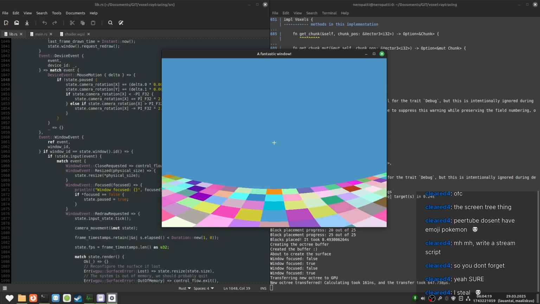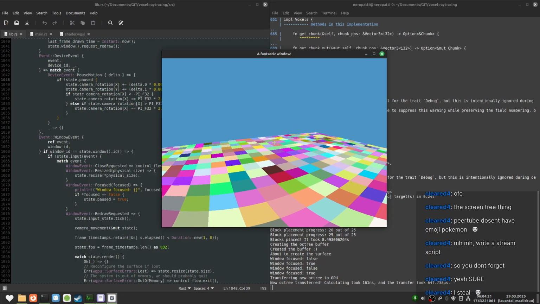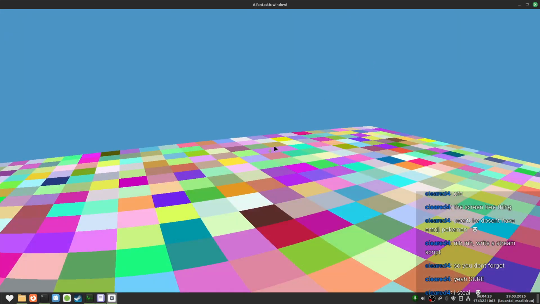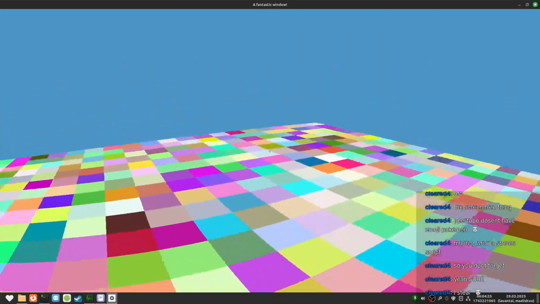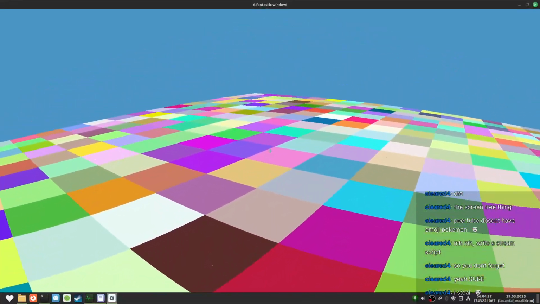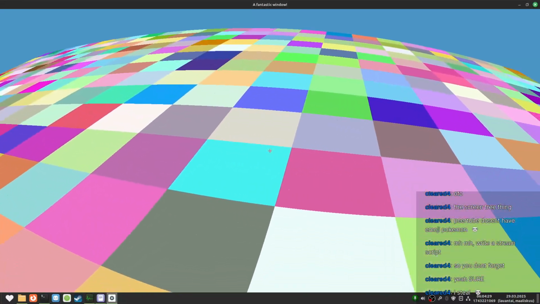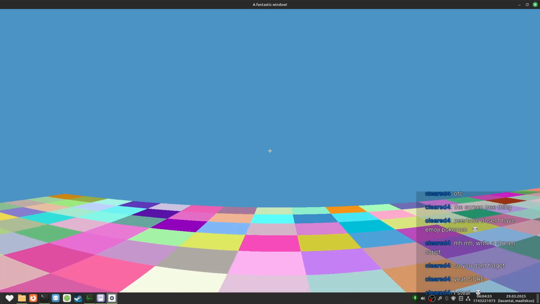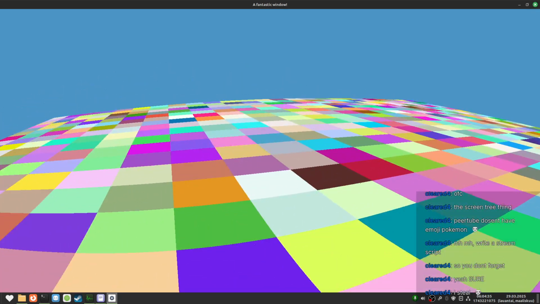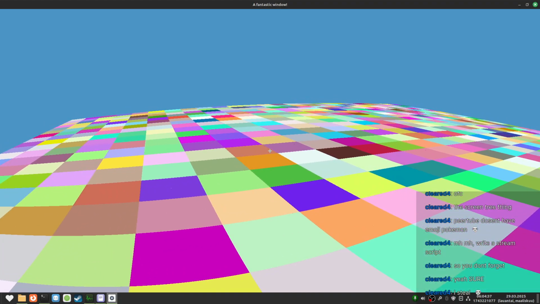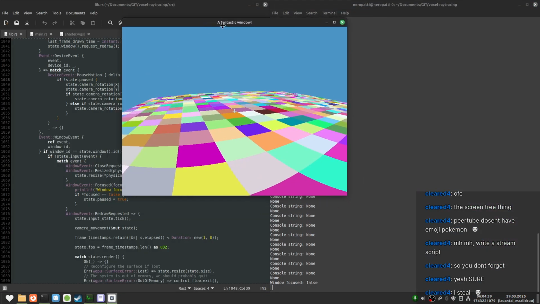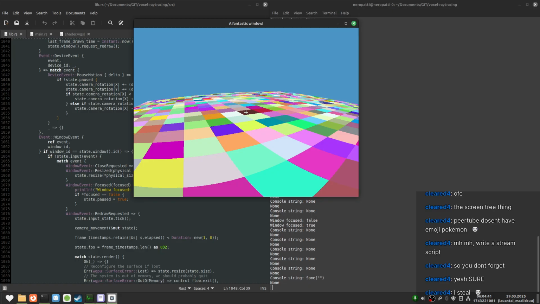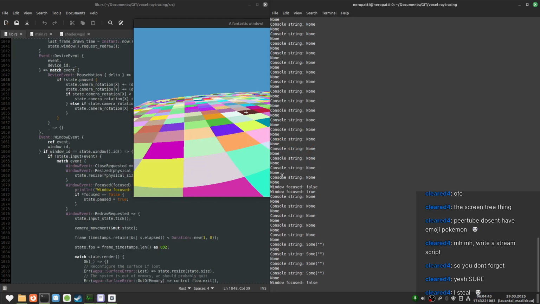So we have El Voxels. Can I actually full screen this? Yeah, the performance is fine. The aspect ratio stuff is fixed. The camera projection is still dog shit. I haven't figured it out yet. I'm gonna figure it out at some point. And let me actually not full screen this so I can see the console.